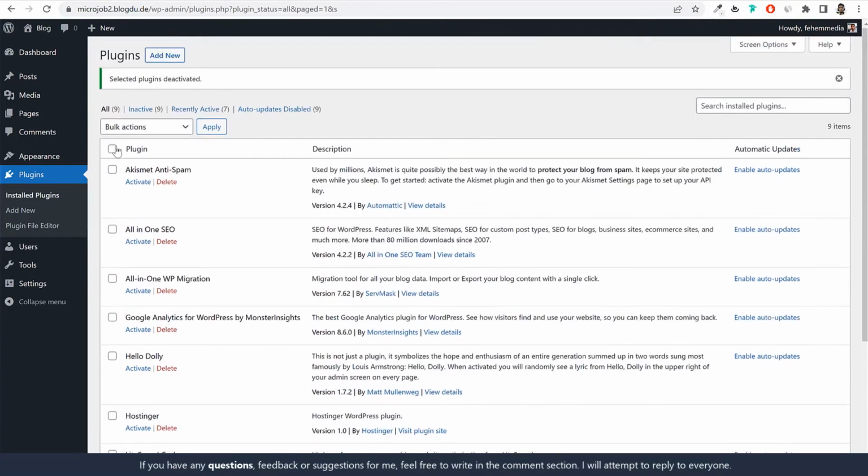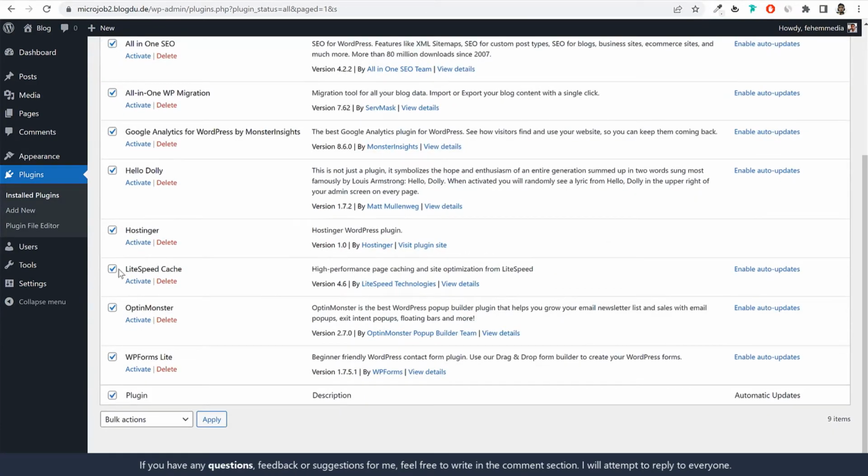Now go ahead and delete all the plugins. Just leave this one, LiteSpeed Cache. This is your caching plugin. This will improve your